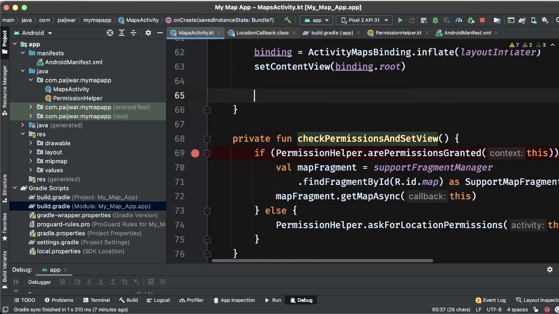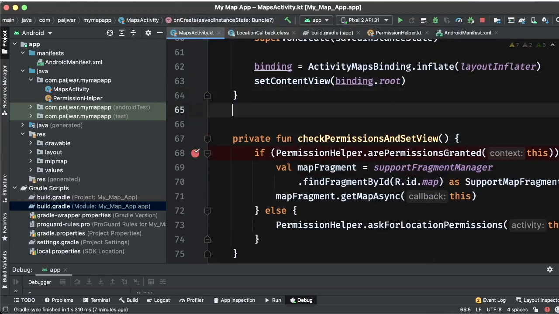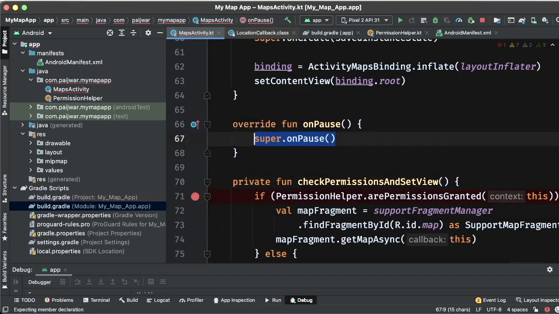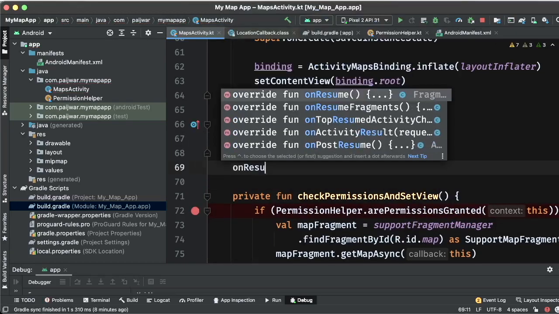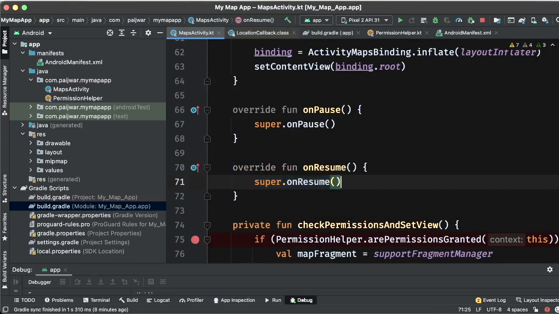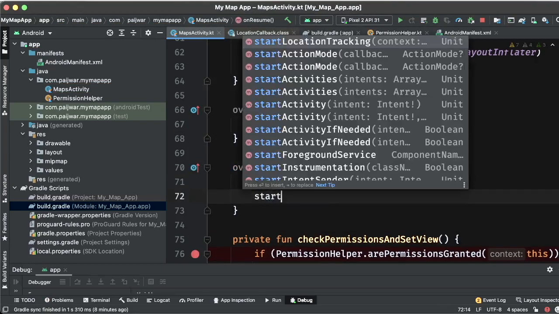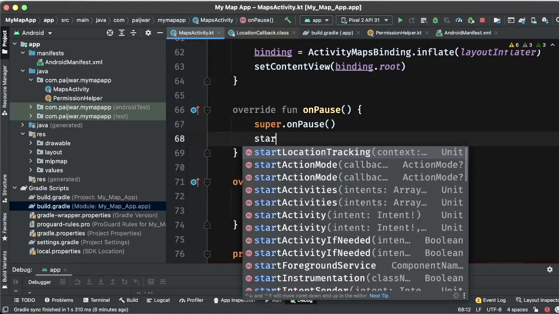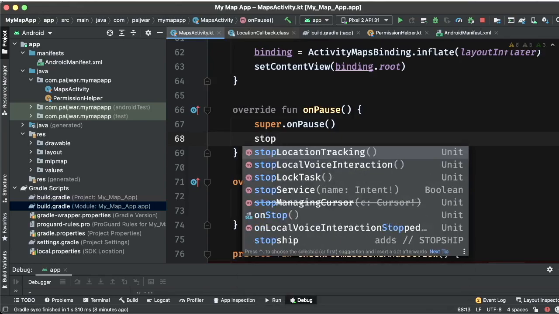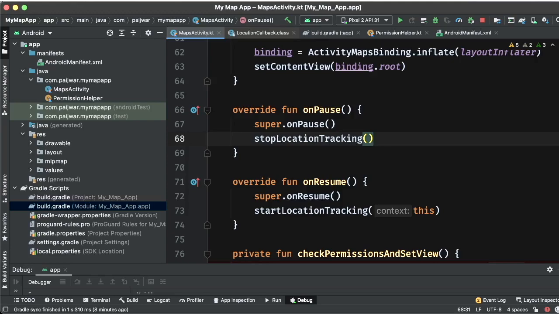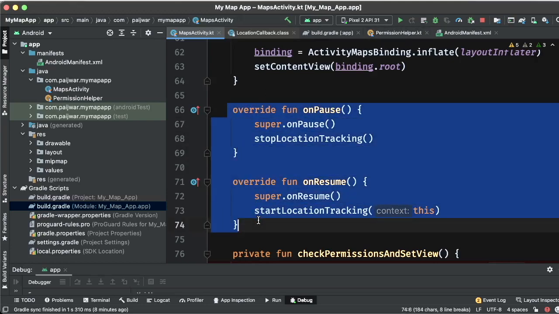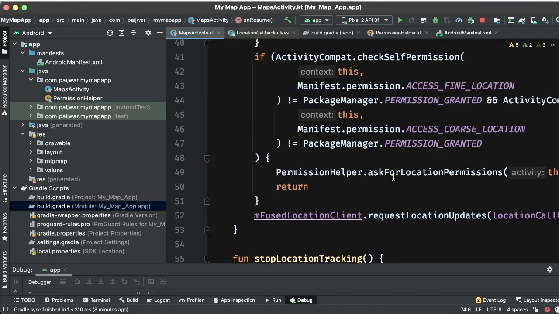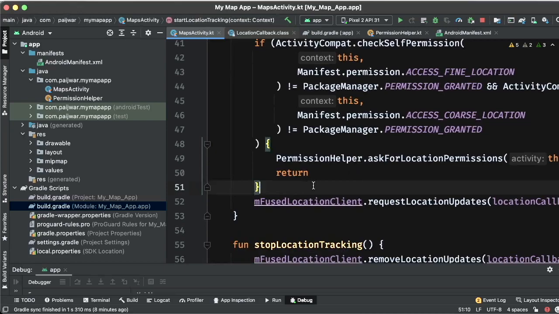Now I want to remove this from here, and then we can have onPause. So my application that we are building will only work when the app is in the foreground. If you want to make it work otherwise, then you will have to remove this code and maybe create a service out of it. Now we got the location here.